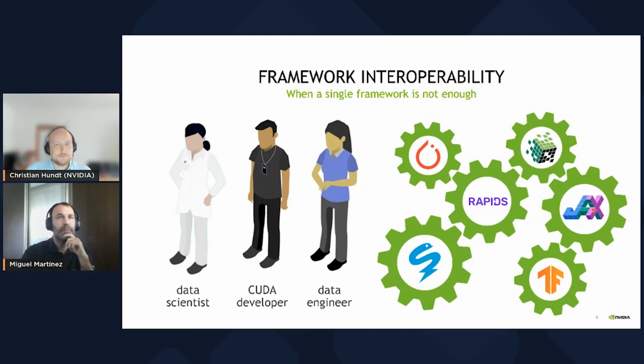That could be, for example, one of the most popular deep learning frameworks, PyTorch or TensorFlow. Or we could work with tabular data, then RAPIDS might come into play. Numerical data, then we might want to have a look at CuPy, that's the green logo in the upper right. But sometimes you would also want to implement a CUDA kernel from within Python. That would be Numba, the framework in the lower left. JIT compilation is also interesting, both in numerics as well as deep learning. And there is a framework proposed by Google called JAX. And this is particularly nice when you need forward mode autodiff or backward mode autodiff.